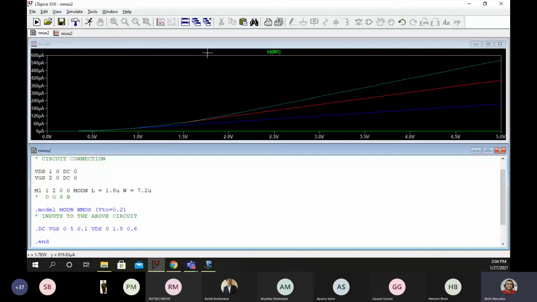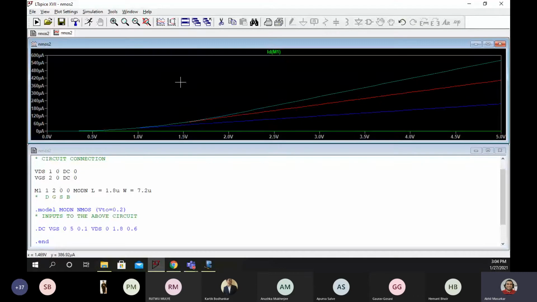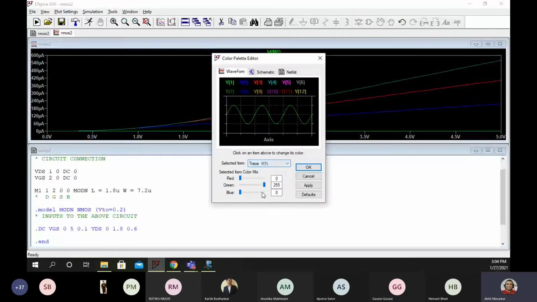Now if you want to change the color of this, because if we print this on paper, it will consume too much black ink, you can go to tools and go to color preferences and make everything 255. Okay, you can keep the traces as it is.